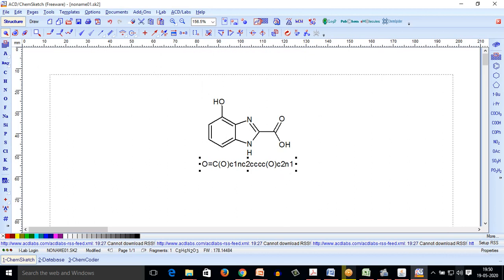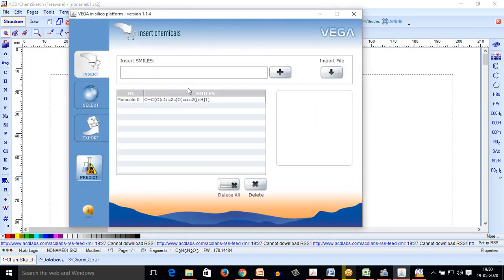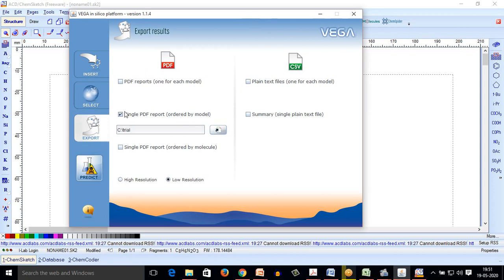Then we utilized VEGA software and inserted the SMILES, and further we selected the models which we desire for calculation, and we exported it in a particular folder, and the prediction was carried out. So this is a very user-friendly software because we are only 4 steps away from the data.